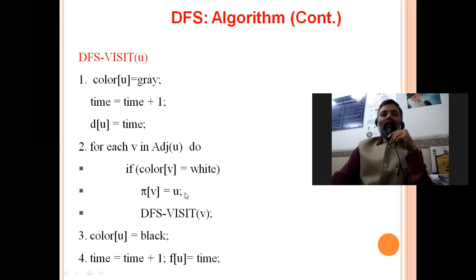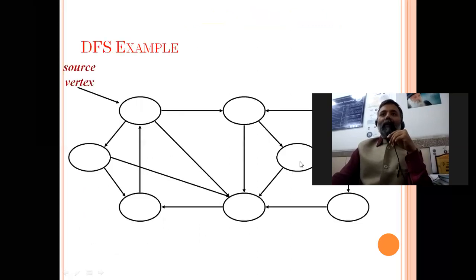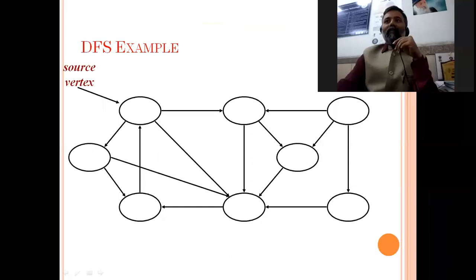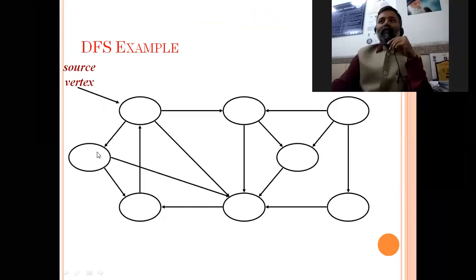So this is the algorithm. And remember, this is a recursive function, so it will go recursively. And we can understand it by this example. So this is the example we have. You can see in this graph, we have different nodes and edges. So we apply the first step, that is the initialization step. So the color of each node is white. Okay. Now, for the next steps, I'm showing the different steps through slides.